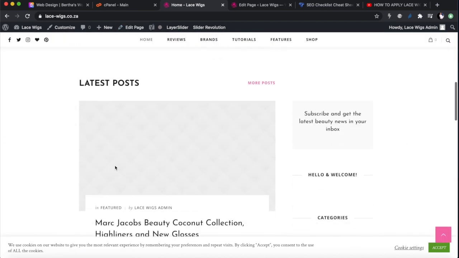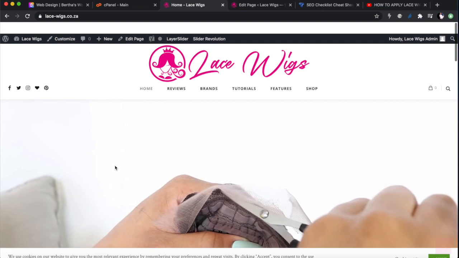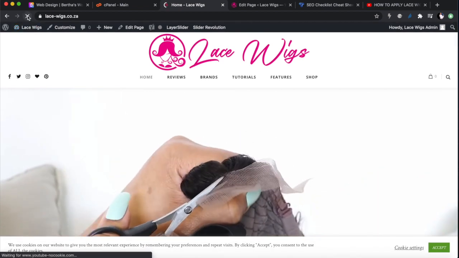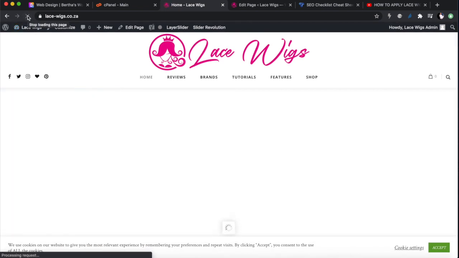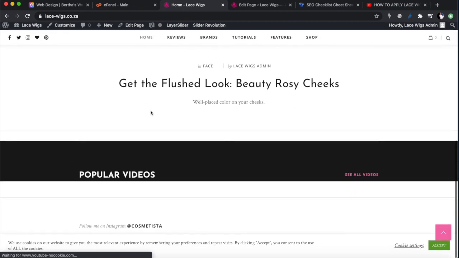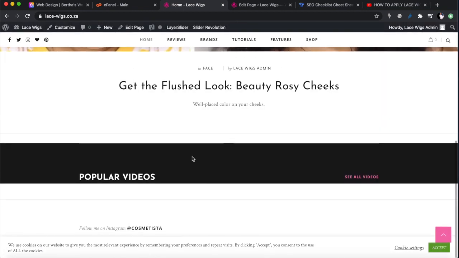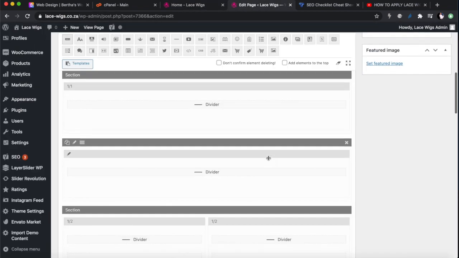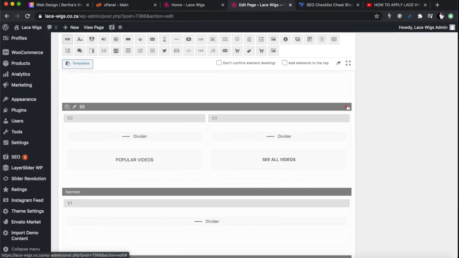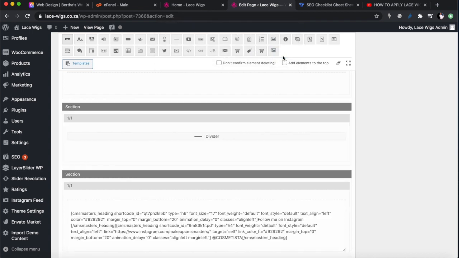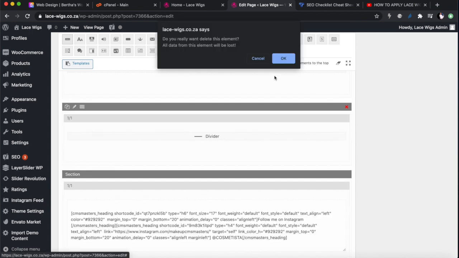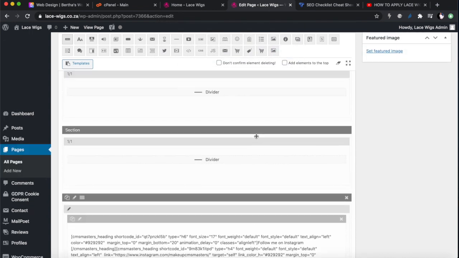Okay, and let's just refresh this home page now that things are updated. Yeah, so there's nothing there. Popular videos, maybe I should remove that as well. Okay, let's just remove that. Just remove all of these so that I'm only left with the slider. And we are going to build everything from scratch.